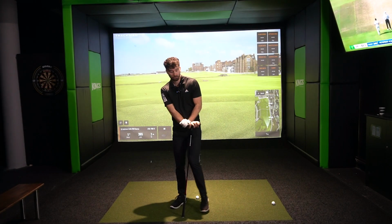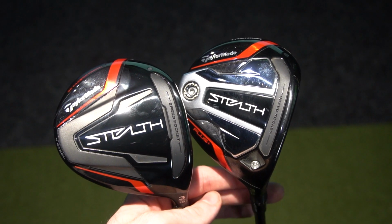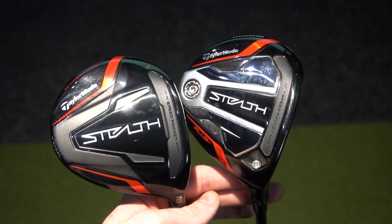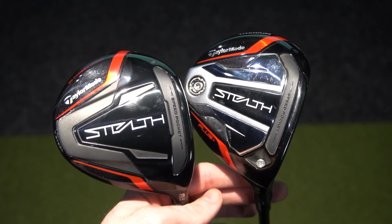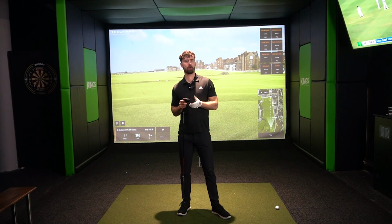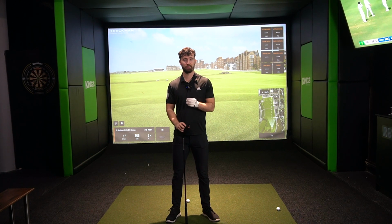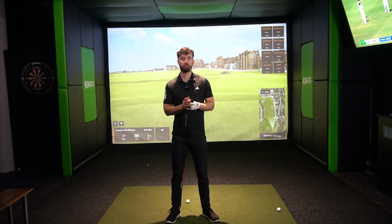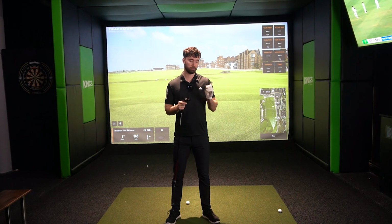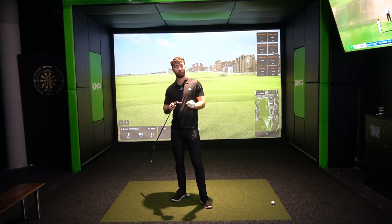So the Stealth fairway woods, the era of the carbon wood. I was initially quite surprised because the carbon wood era isn't in the fairway woods, mainly just for the drivers. These do not have the red carbon face. You may have been as confused as I was when I was talking to TaylorMade about it, but the reason behind it, quite simply, is there's no real benefits so far to put the carbon face in the fairway woods. I'm positive they will be in future iterations, but right now they're much more focused on other parts of the